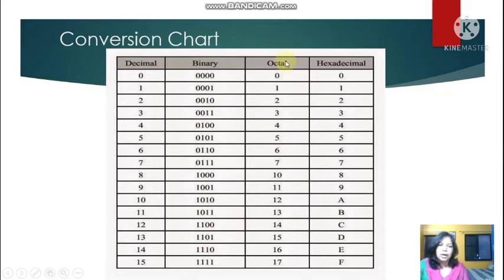Now I'm going to show you all the arithmetic operations on binary numbers, whether it is addition, subtraction, multiplication and division. And keep it in mind that next, the coming Saturday, I'll post one more video. Please go through that video also and complete your work, because if we complete our syllabus on time, we'll get more time for revision. Okay, so let's start with the arithmetic operations of binary numbers.